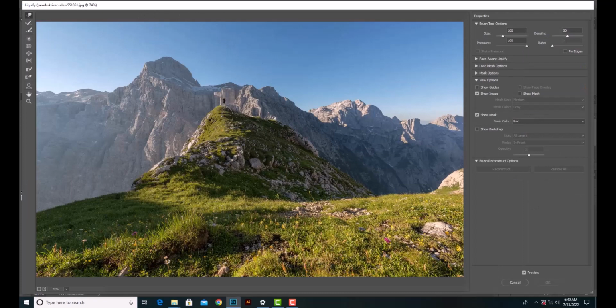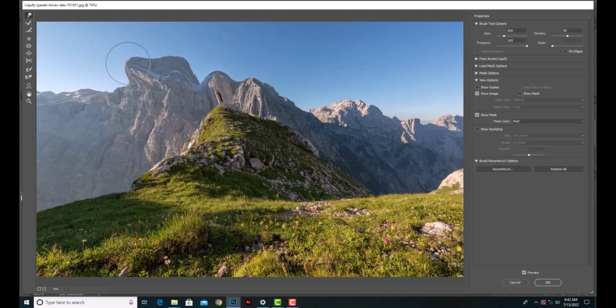Here in the liquify tool, you can see we have some toolbars on the left side, and then we have some options on the right side. Now if we go to the first tool on the left, here we have the forward warp. If I click on it, I can increase the size of my brush or I can reduce the size of my brush. And then I'm going to click and then push